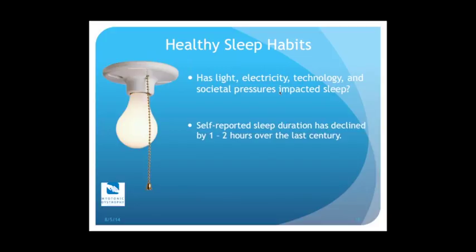So it's not shocking to hear or to learn that self-reported sleep duration has declined by almost an hour or two over the last century. And there's a whole host of research going into the implications of this. For example, while over maybe the last century self-reported sleep duration has decreased, what has increased as a population? Obesity has increased. And so we start to play this chicken or the egg question. Is there a cause and effect here? Which one's causing which? And that kind of thing.